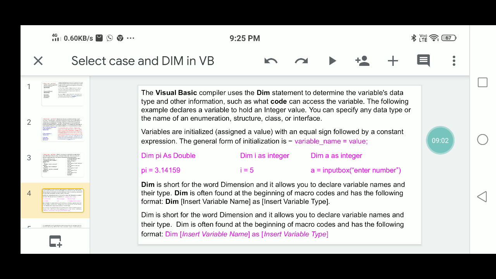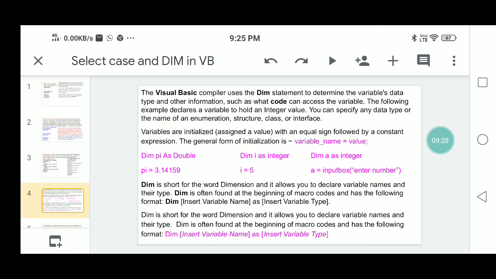Again, another example for this dimension statement: dim a as integer, so that variable will accept the value through the keyboard. Dim is short for the word dimension. It allows you to declare variable names and their type.